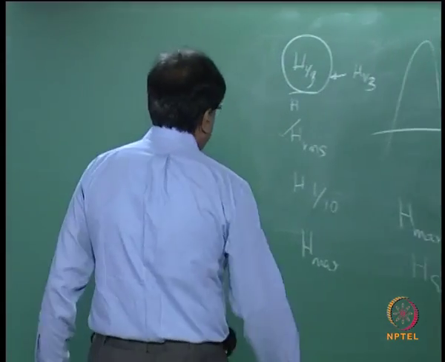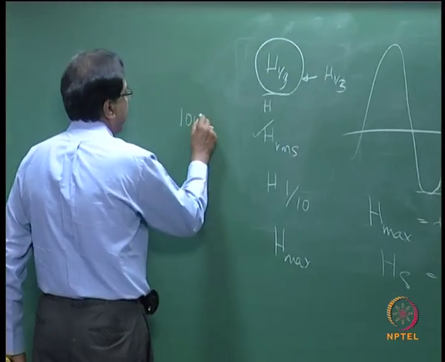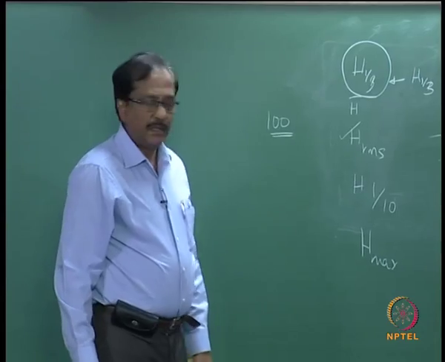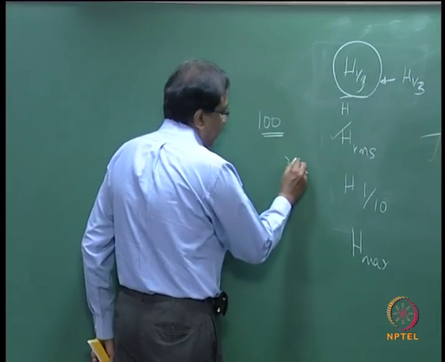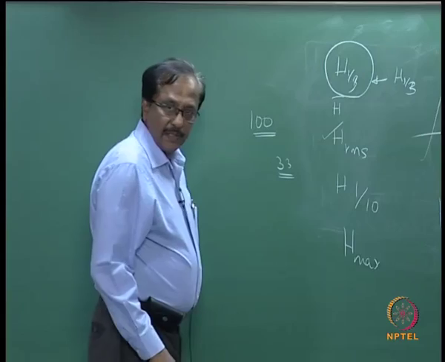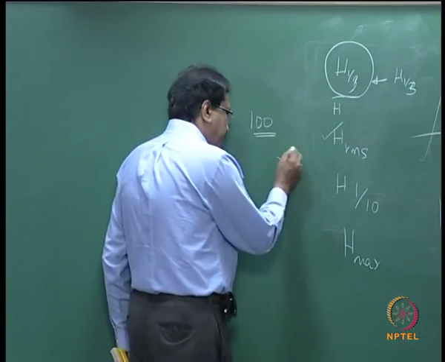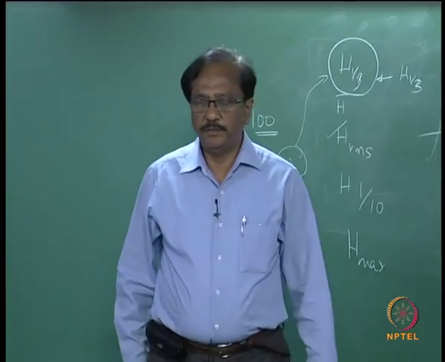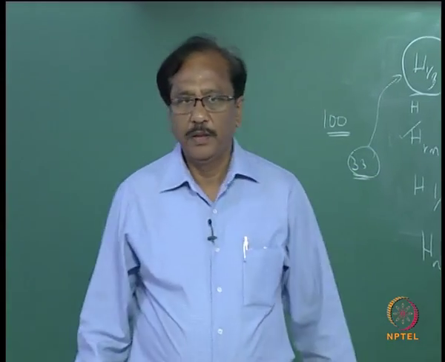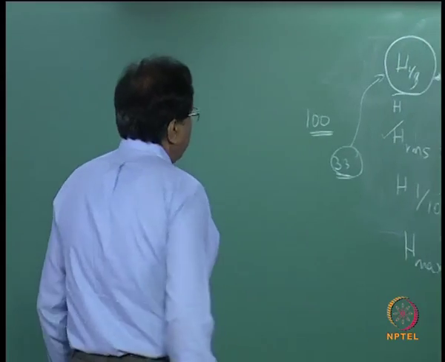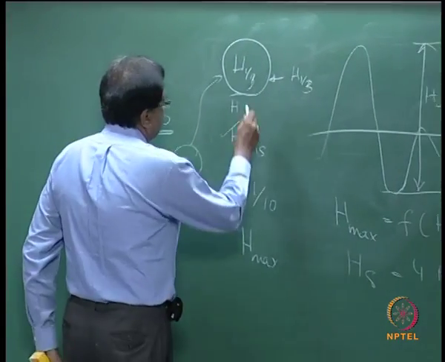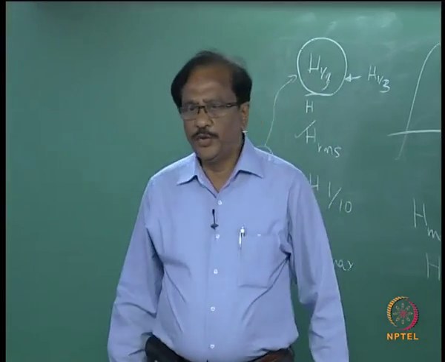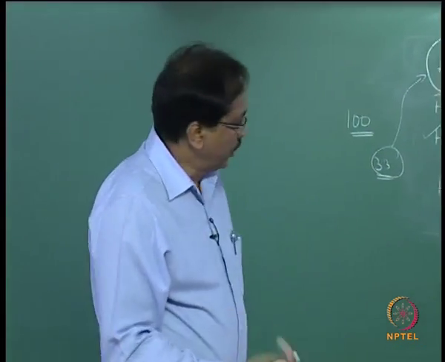So if you have 100 waves, you arrange them in descending order, take the top 33 waves and take the average of that, and that is going to be your HS, significant wave height. The significant wave height is usually used